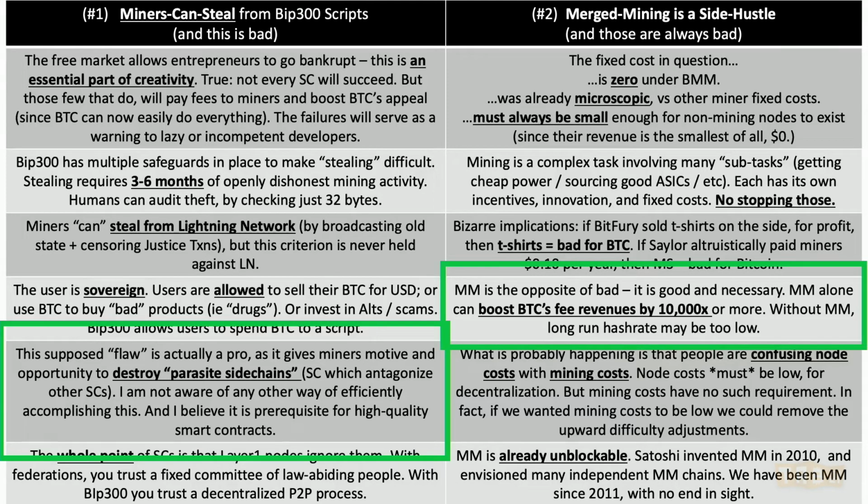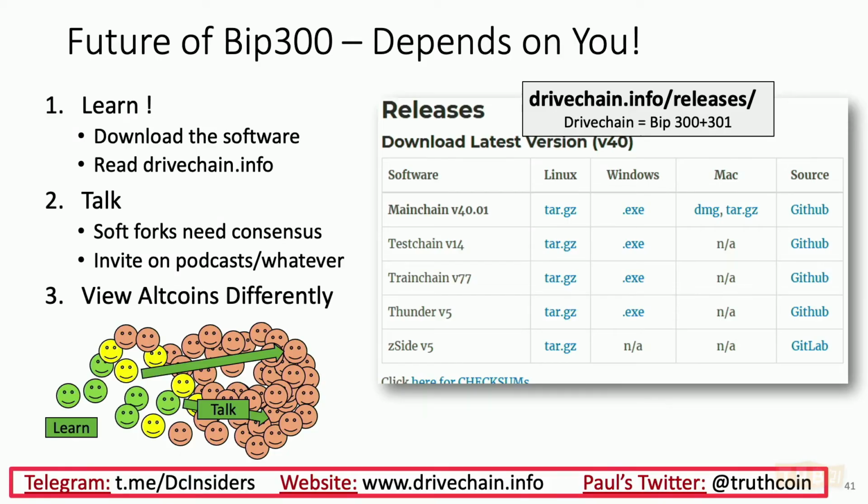The left one allows for super reliable oracles and high quality smart contracts. The right one is the only thing that's going to keep hash rate security up in the long run future. So I think actually they're both pretty great. And to me, they're not drawbacks in the slightest. So now we made it to the end of the talk. What should you do about this if you're interested?